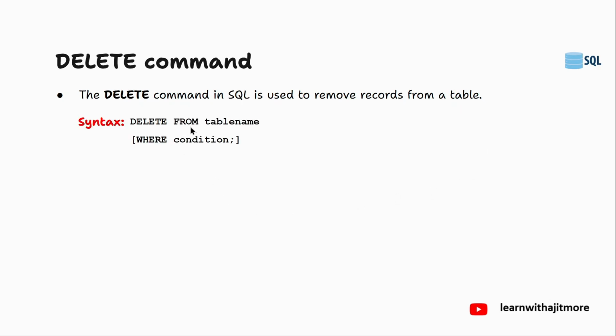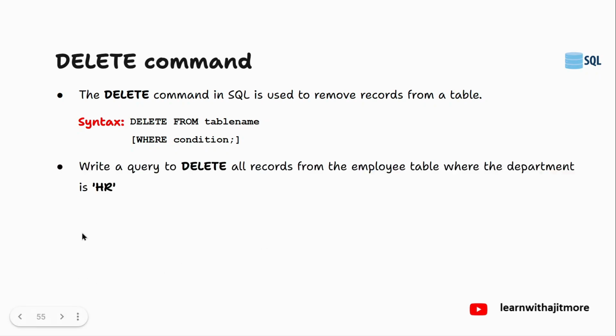Syntax delete from table name. If you give only this delete from table name, all records will get deleted. And if you put condition, where condition, okay? So only the records which are satisfying this condition, पूरे टेबल में जितने रिकॉर्ड्स है जो ये कंडीशन को सेटिस्फाई करते हैं उतने ही रिकॉर्ड्स क्या होने वाले हैं डिलीट ओके एग्जाम्पल दे रहा हूं देखो